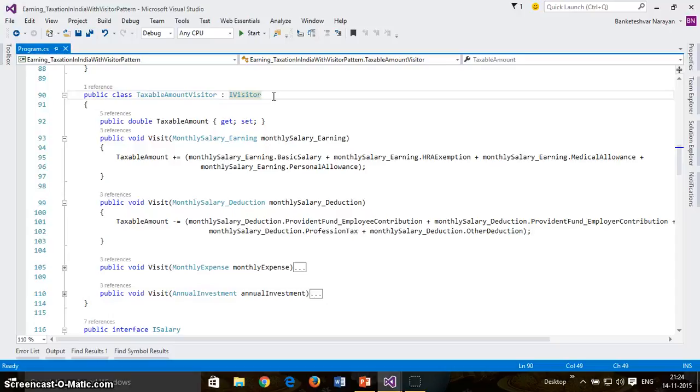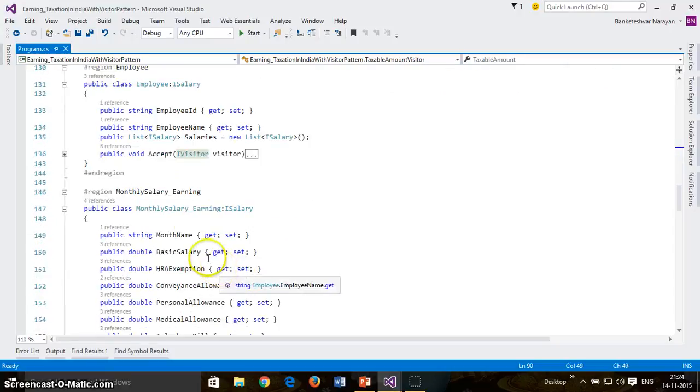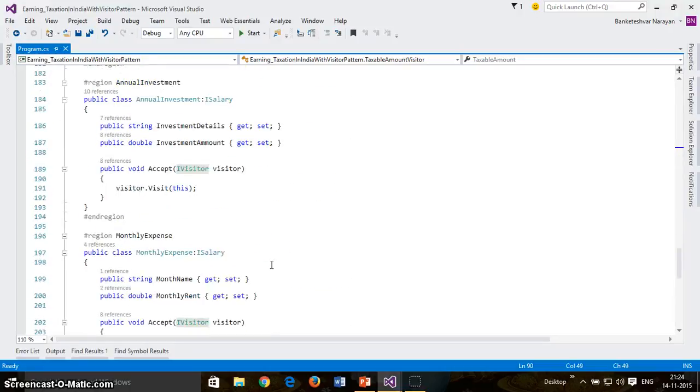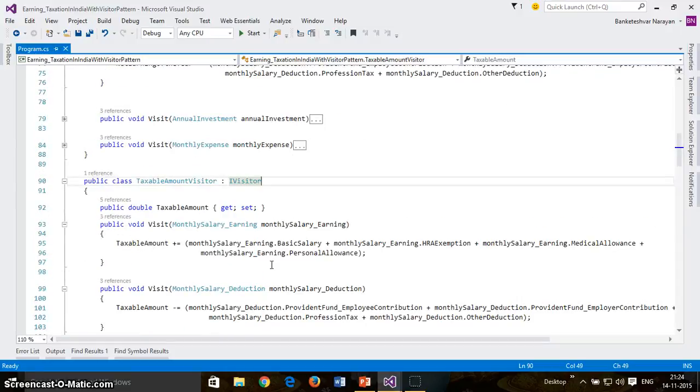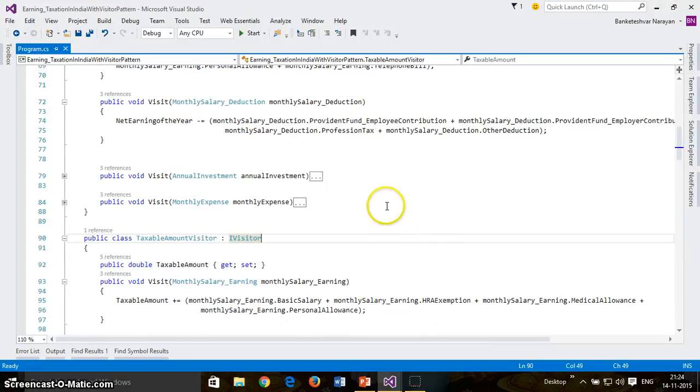That is, I do not need to make any changes in the employee class, or monthly salary earning class, or monthly deduction class, or annual investment class. Suppose I have to add one more visitor, like I want to calculate the PF contribution for the year. I can add a new visitor, PF contribution visitor, and that can calculate the PF contribution from the employee and from the employer.